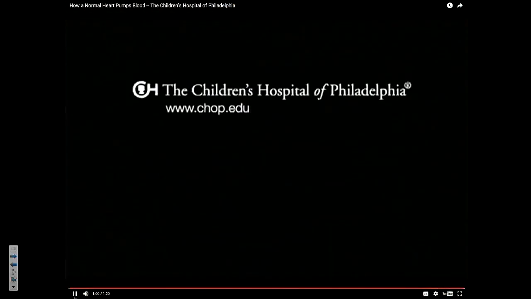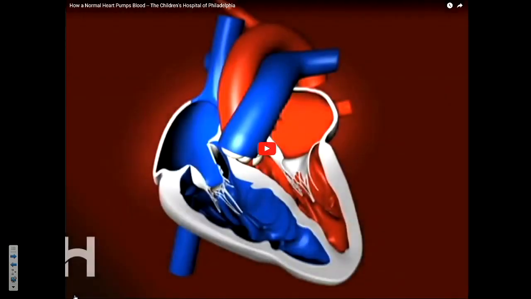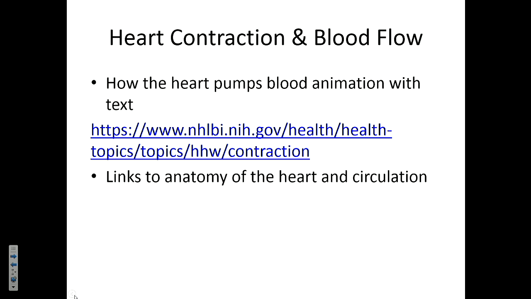Okay, so that does a really good job in summarizing the movement of blood through the heart. So that's one major objective that you have to make sure that you know. If you look through your packet, you can kind of follow along with that. Unoxygenated blood is going to enter the right atrium, coming from either the superior or inferior vena cava. From the right ventricle, it's going to travel out to the pulmonary arteries, where the gas exchange in the lungs